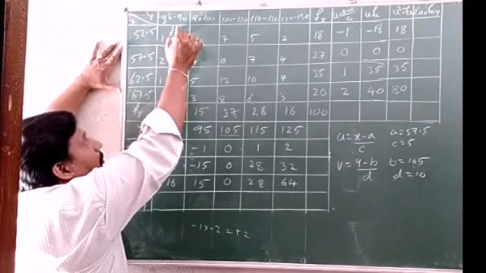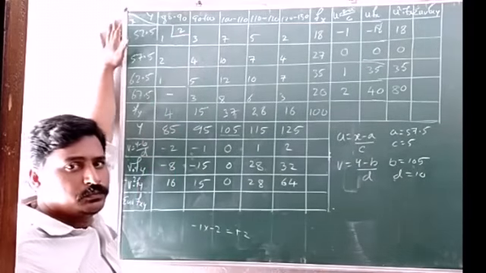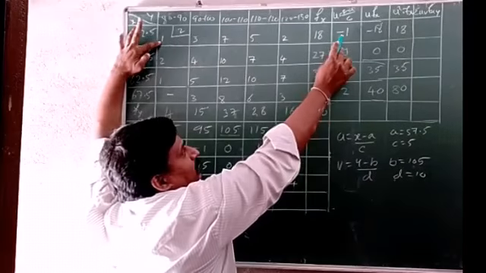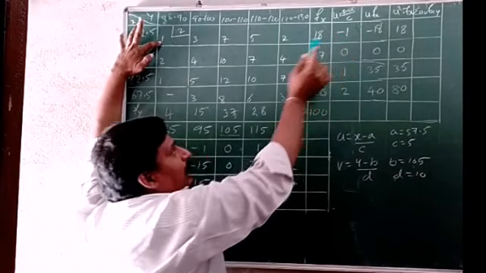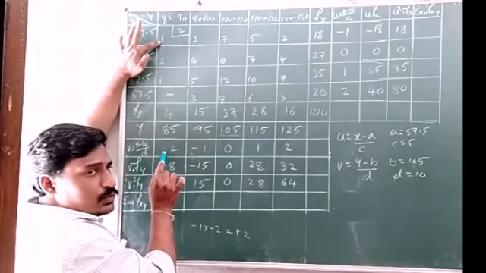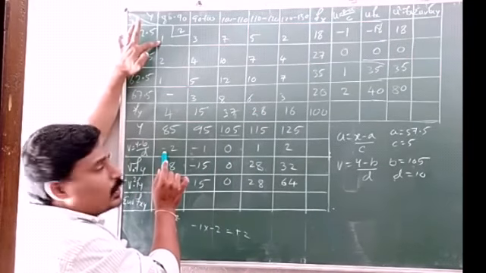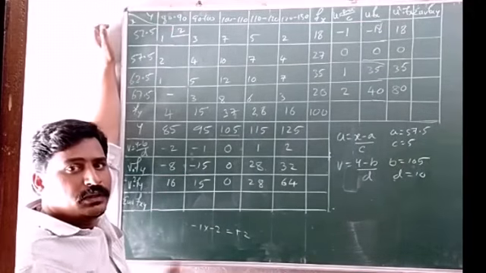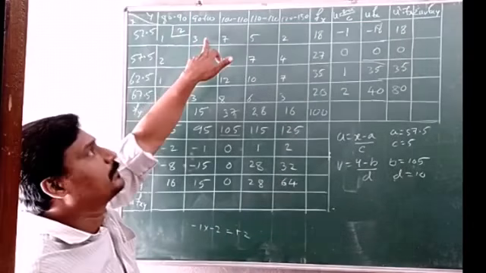That is plus 2. Once again I repeat, 1 into minus 1, we get minus 1. Minus 1 into minus 2: minus into minus is plus, 1 into 2, 2. That we have written here in this box. Next, shift to next frequency.